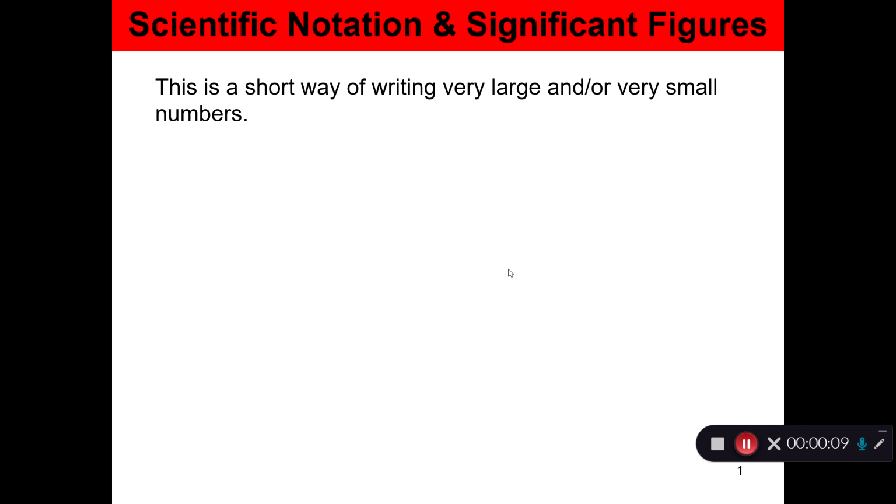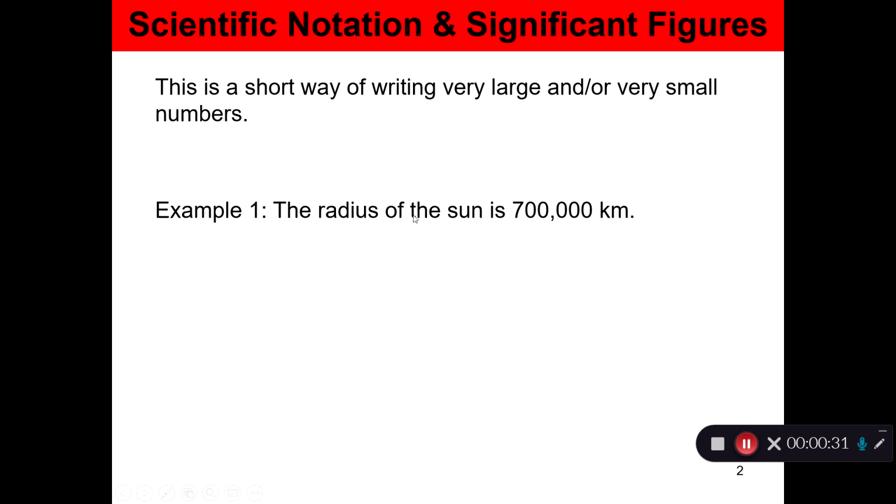In this physics course, I am going to teach scientific notation and significant figures. Scientific notation is a short way of writing very large or very small numbers. Let's take one example here. For example 1, the radius of the earth is